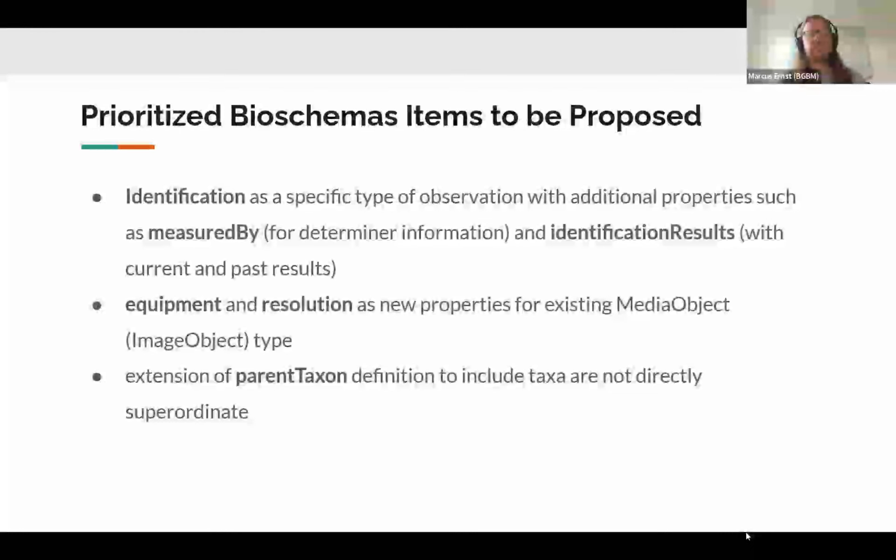A second field would be for media objects, especially images. There is a need for properties such as equipment and the mentioned resolution, and also an extension of the parent taxon definition would be good to ease the mapping of ABCD information to Bioschemas.